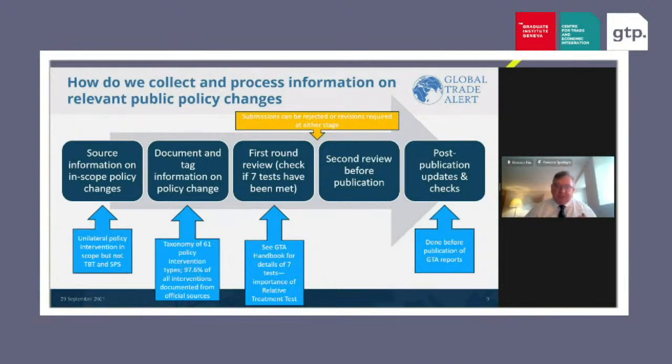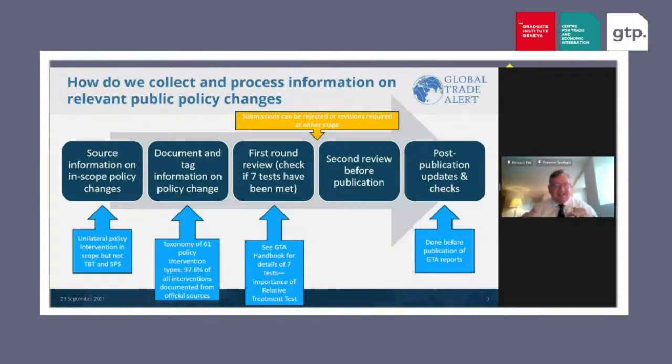I should emphasize we are interested in all forms of cross-border commerce. So we're interested in documenting policy changes that affect goods trade, services trade, foreign direct investment flows, data flows, flows of people, flows of intellectual property. And so we have all of these different types of trade that we wish to document public policies towards. And of course, we're particularly interested in public policies which change the relative treatment of domestic firms or suppliers compared to their foreign rivals. So policy changes which are non-discriminatory are ones which are less of interest to us.